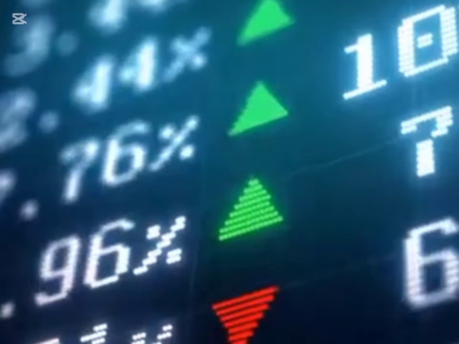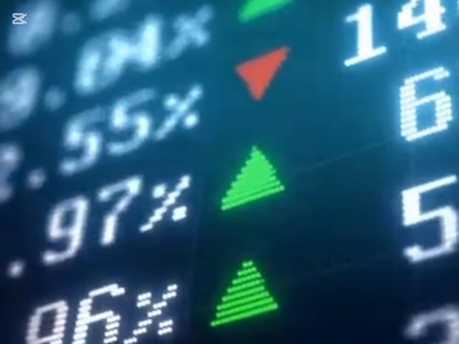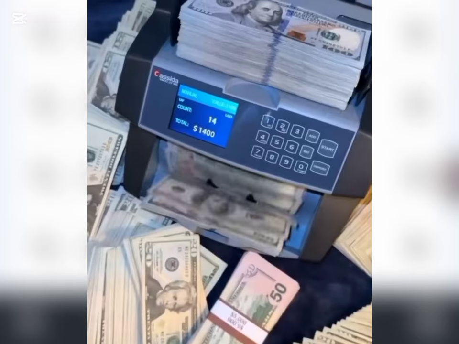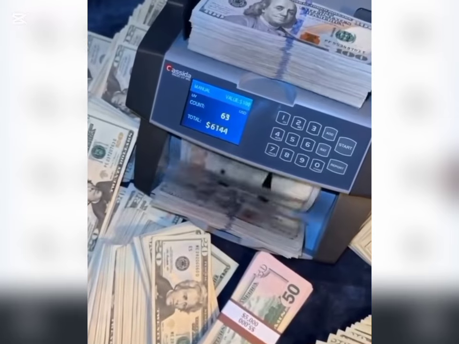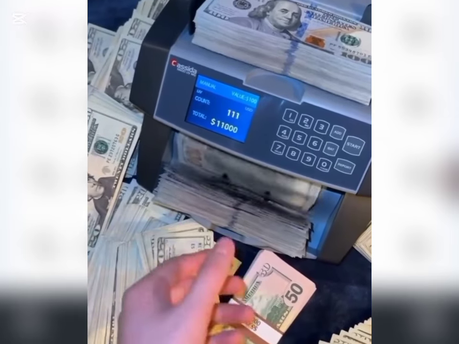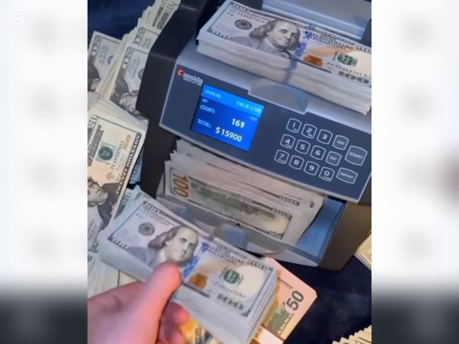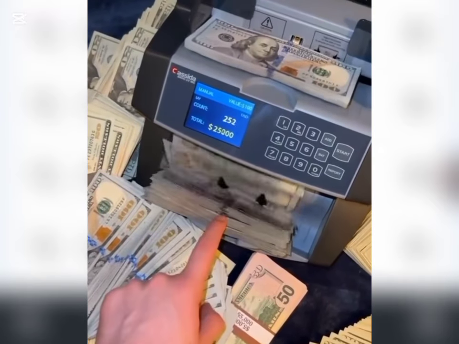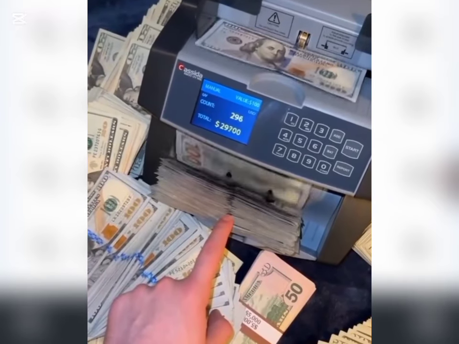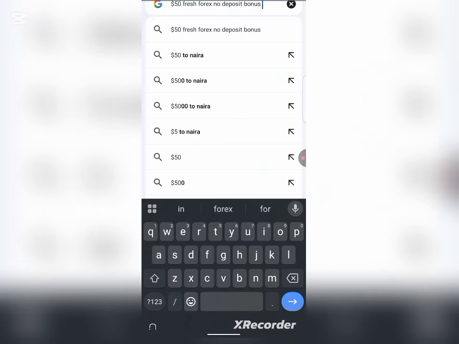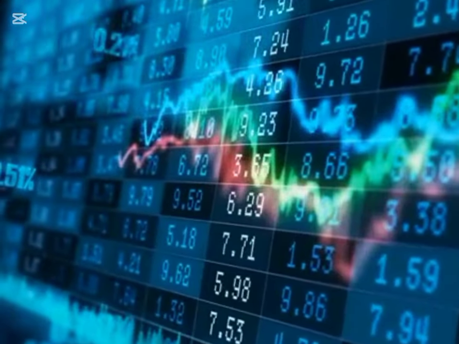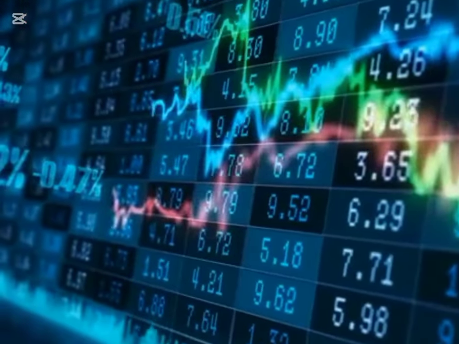In this video I'll be showing you how you can claim it, where to claim it, and the terms and conditions you have to apply in order to be able to withdraw. Yes, you can withdraw from this account. It is 100% withdrawable, and the terms and conditions you have to obey are really simple. I will be discussing it in the middle of this video, so make sure you stick to the end of this video. There is also one important thing that I will be discussing.